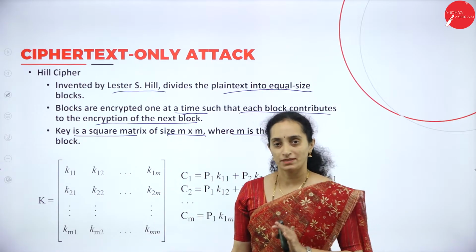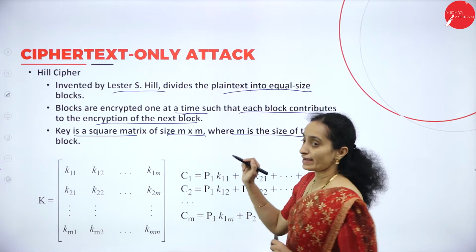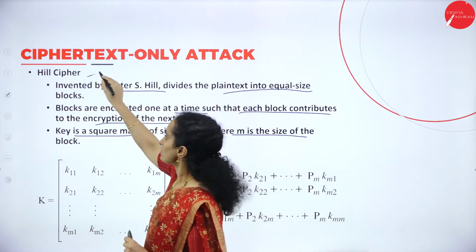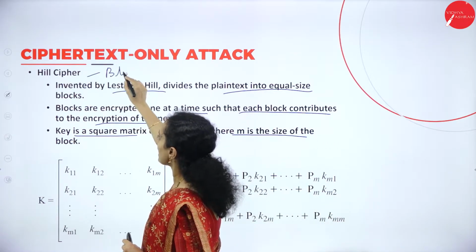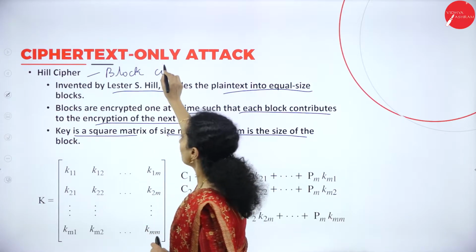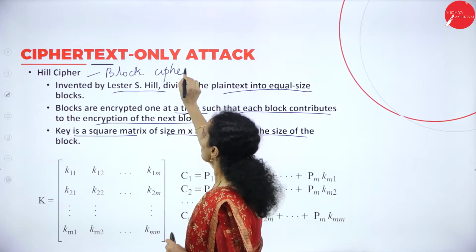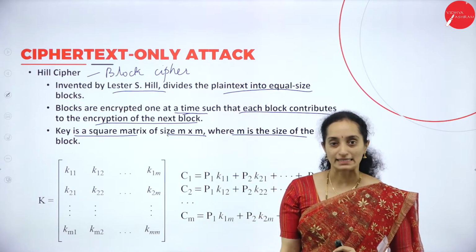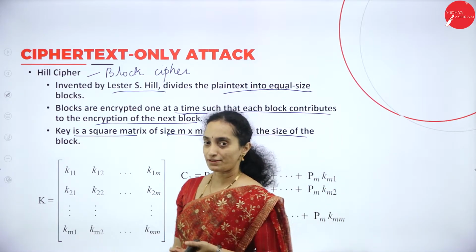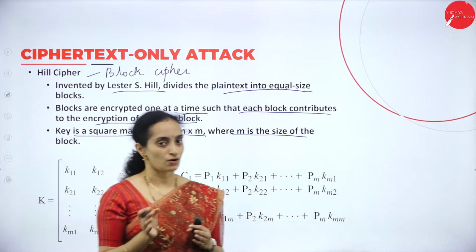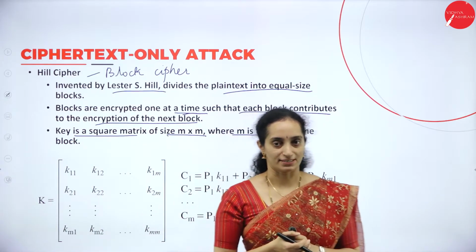In Hill cipher, text is divided into blocks. That is why the Hill cipher is also called a block cipher, a block type of cipher. Other cipher methods that we have already used are called stream ciphers.